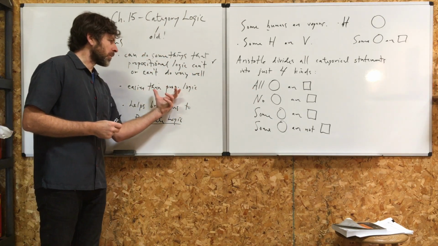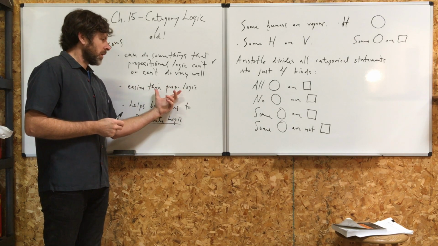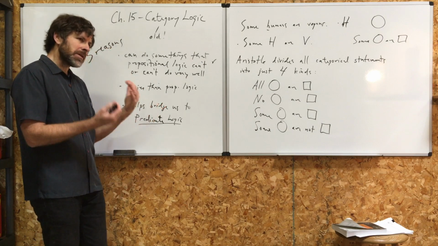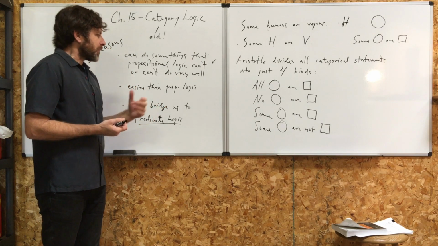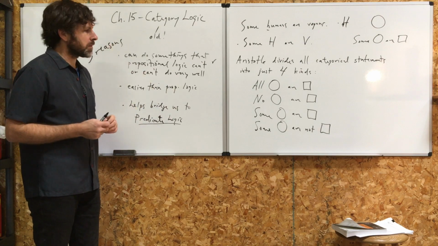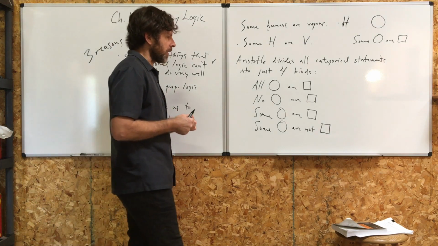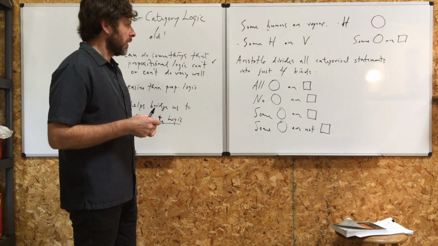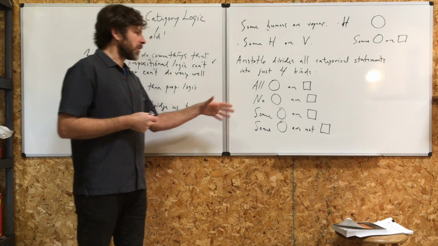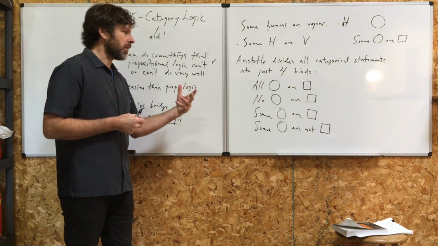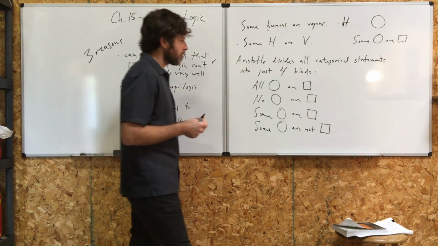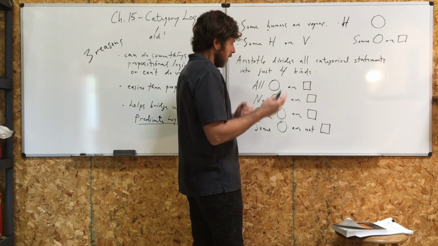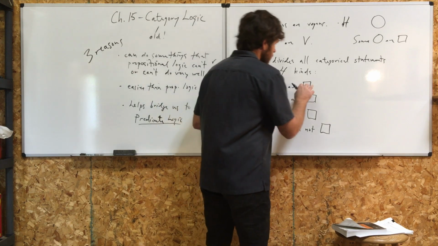So in that sense, it's easier than propositional logic. Propositional logic, there are five truth functional operators, so in some sense, that's pretty simple. But statements can come in all sorts of forms. Unbelievable variety. Here, much simpler in that sense. It also makes it so the system is more limited than propositional logic, sure, but in some ways it's easier. Okay, it's not as powerful, but it's useful in a limited sense. Okay, all circles are squares.